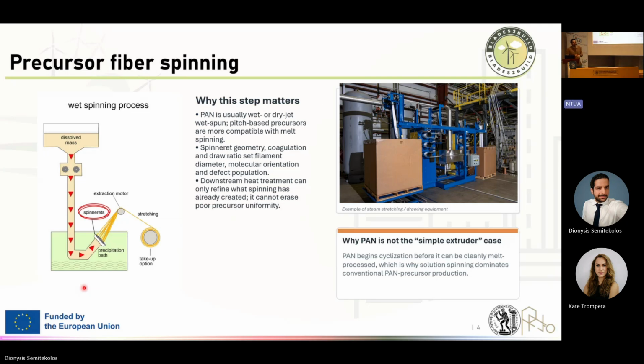And specifically, polyacrylonitrile starts to degrade before reaching the melting temperature, and this is why we can't melt spin polyacrylonitrile, and we choose wet spinning. Wet spinning is a process, again, that ends up with the spinneret here in the bottom left. But we take advantage of a solvent in which we can dissolve the polyacrylonitrile powder, and then